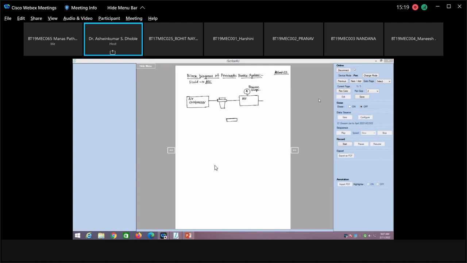After that, there is a connection which is given to one component. Let us try to see if we are able to